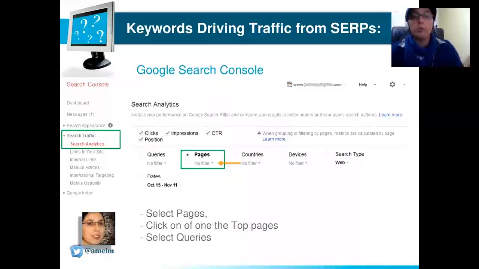So by going to Google Search Console, on the left side, you need to go to search traffic and then click on search analytics. I hope Google didn't change anything, because sometimes they do change names in the menu and move things around. But right now you go to search traffic, search analytics, and then you click on pages, because that's what we want to analyze. So select pages, then click on one of the top pages that you are analyzing, and then you select queries. As you can see with the orange arrow, you click on filter, and once you do that,